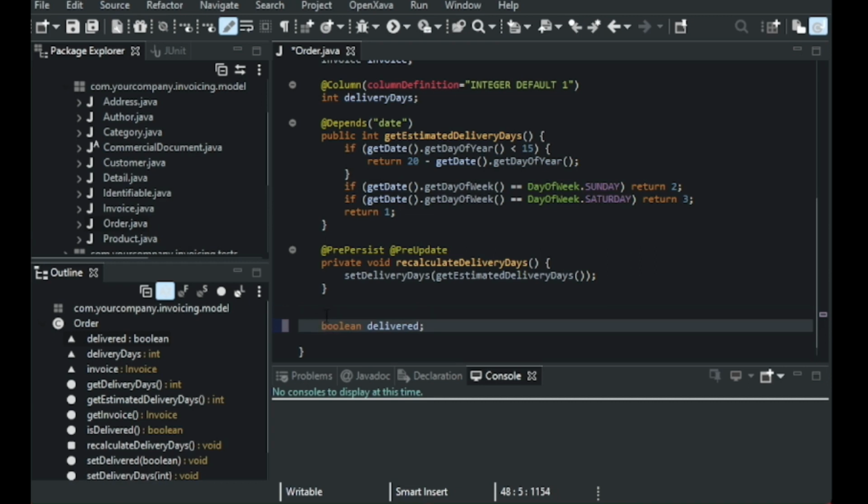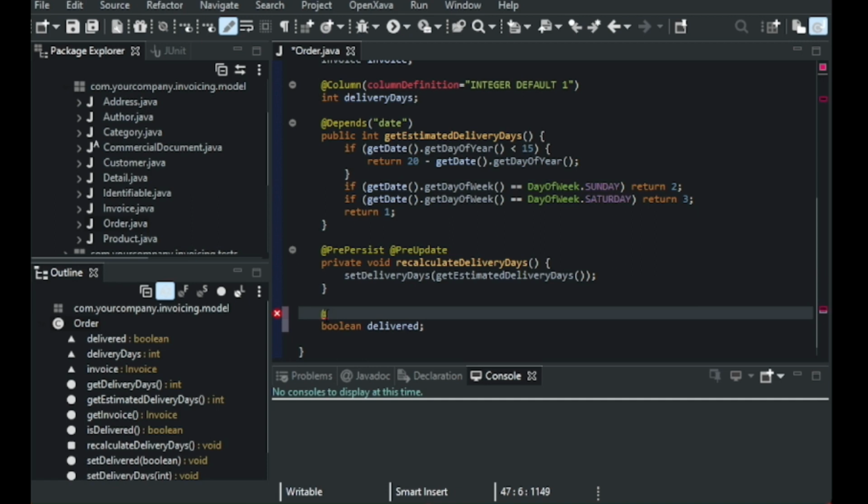and then at the top of this you write the annotation @Column with columnDefinition, which is equal to, and here we will specify the value that we want that property to have by default, and in this case it is "BOOLEAN DEFAULT FALSE", and here we save,